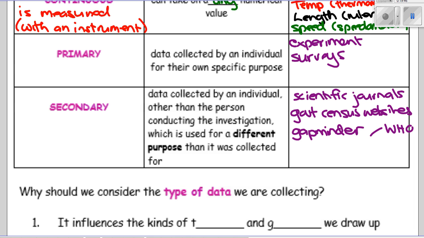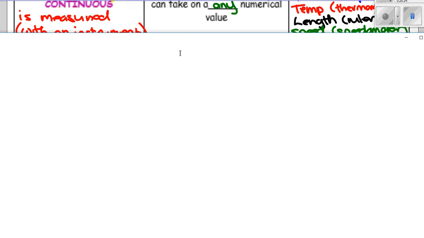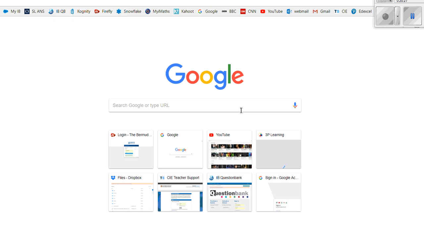So other government sites, and he collates them. So you might be interested in the GDP per capita and the years of education people have spent in school on average, and you can have it for different countries and for different years. So a big spreadsheet pops out with all the data on GDP per capita for maybe 100 or 200 different countries and for different years. I'll show it to you if you want. It's one that people have used if they do stats IAs. In math studies, they do stats IAs a lot, so they go to Gapminder a lot.